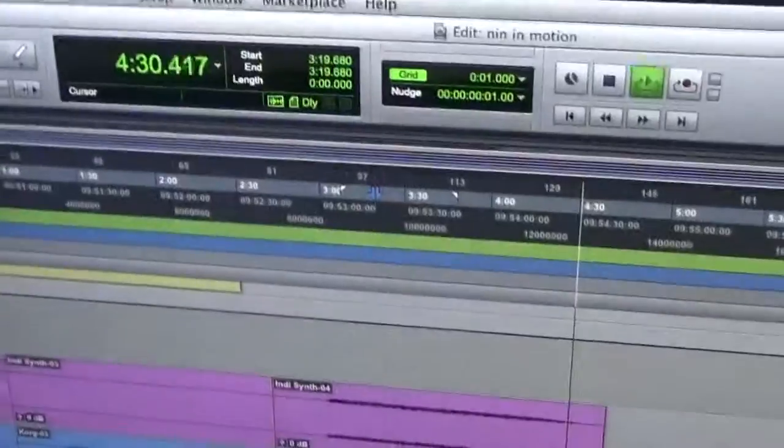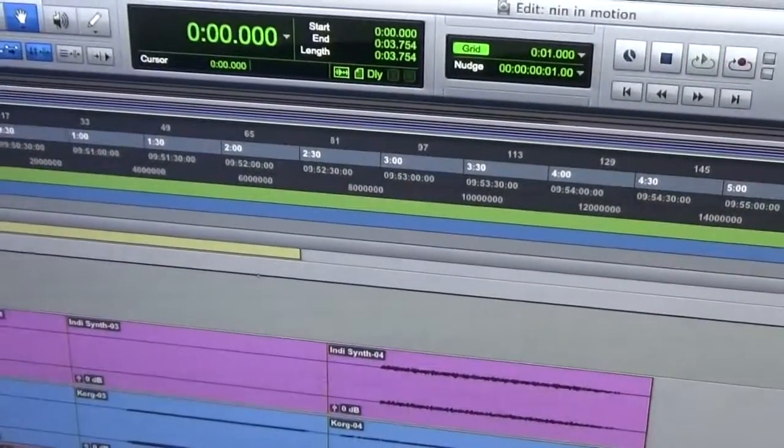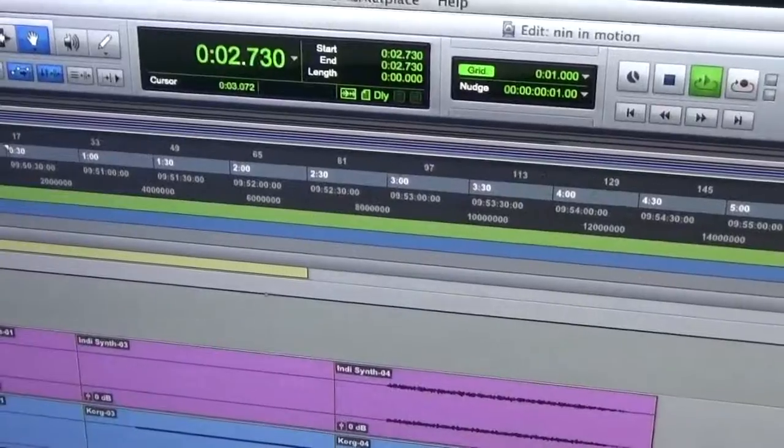So I'll play the sound with a good level. So basically the mixing technique I've used for most of the